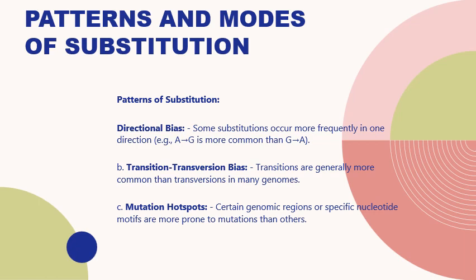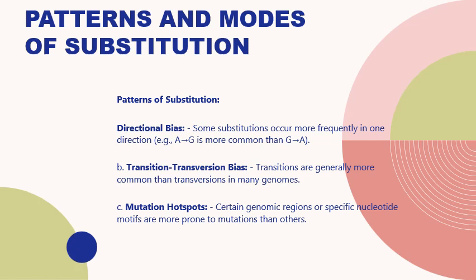Patterns of nucleotide substitution describe the frequency and the direction of changes over time. So let's talk about the directional bias. Some substitutions occur more frequently in one direction. For example, A to G is more common than G to A. This can be due to differences in mutation rates or selective pressures. So now let's move on to transversion